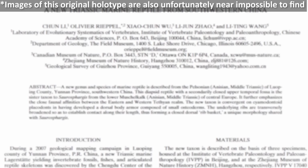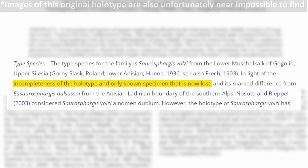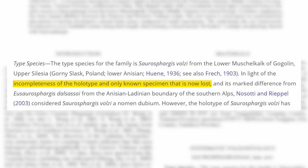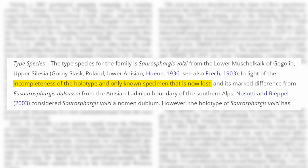Immediately, the turtle similarities were obvious to paleontologists, despite the fossil being quite fragmentary, with a flat and wide body with very thick ribs that were all close together, forming a sort of basket structure, and then osteoderms over the top. These turtle similarities were so strong that the paleontologist who first described it thought that Saurosphargis might actually represent a turtle ancestor. Unfortunately, this type and only known specimen of Saurosphargis was then destroyed in 1945 during a World War II bombing raid,